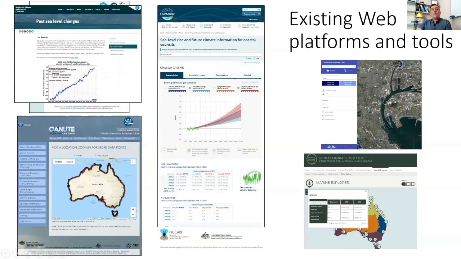And one of the first tools investigating extreme water levels is the Canute tool, where you can click on a map and investigate what the extreme water levels are around the coast. This mainly focuses on the AR4, so an earlier version of sea level rise projections. CoastAdapt here